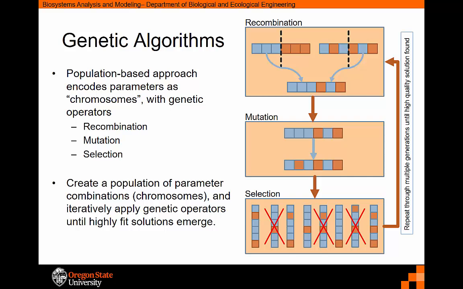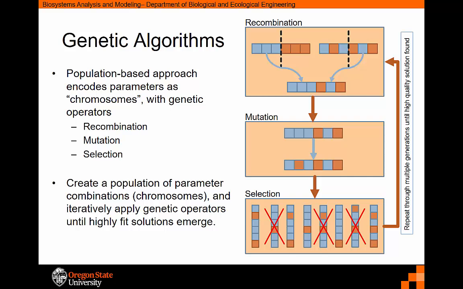Once we have a population of solutions, we start the evolutionary process. Central to this is the concept of fitness. A given individual is more fit if it produces low error sum of square values and less fit if it produces high error sum of square values. The basic step of a genetic algorithm, then, is